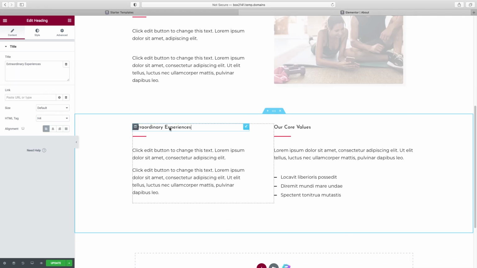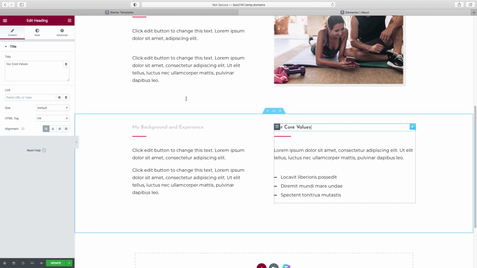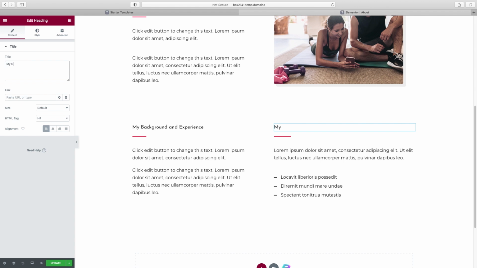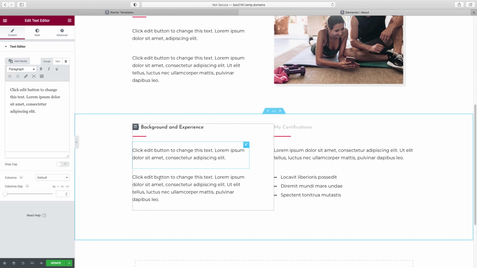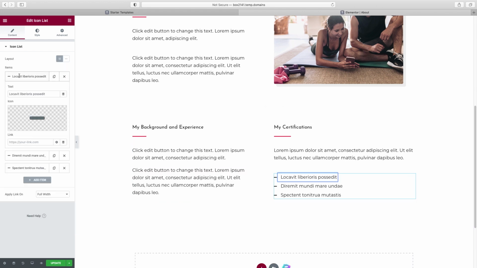All I'm gonna do here is change this heading to "My background and experience," and then this one would be "My certifications." And then again, obviously just click the text to change it, and then right here you might have a bullet list of, you know, the different certifications you have as a trainer, or whatever version of that it would be